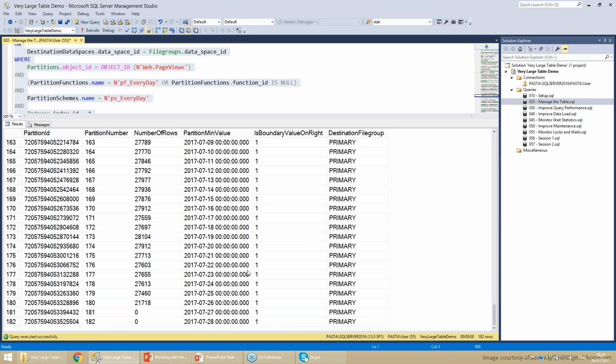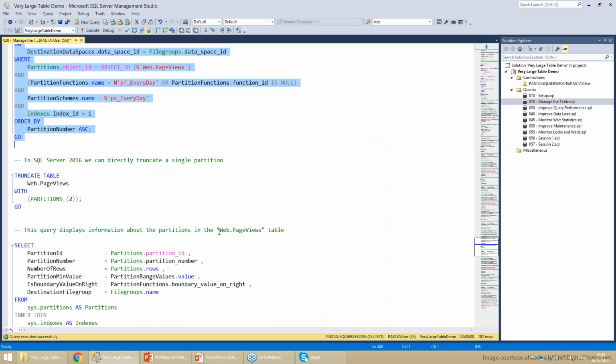So this is something I'm going to put inside a job. I'm going to run this job daily. Of course, we need to monitor the job to make sure it doesn't fail. We might want to create several partitions in advance for the next few days, and not just one at a time. There are all kinds of methods and approaches to that, but that's the general idea. And again, this has been around since 2005.